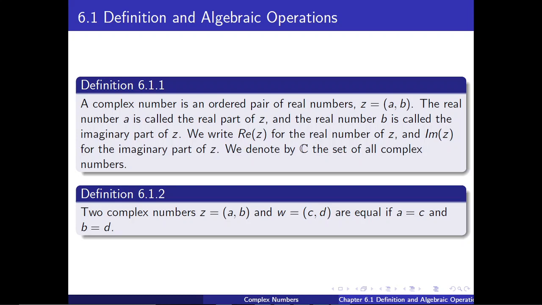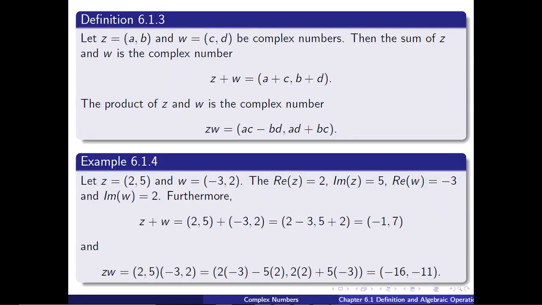And then we need to know when two complex numbers are equal, and that is definition 6.1.2. Two complex numbers z and w are equal if and only if their corresponding real parts and imaginary parts are equal. Right. And then how do we add complex numbers? And that is definition